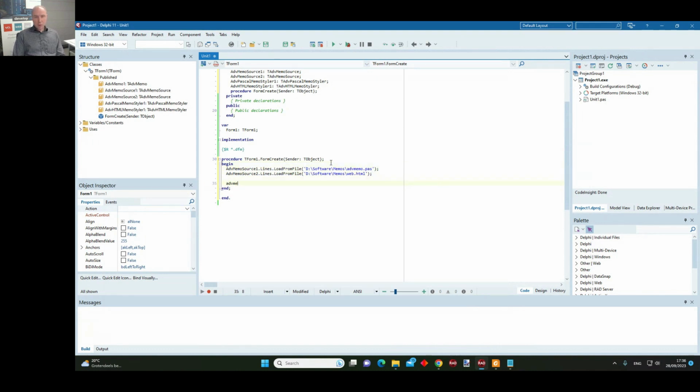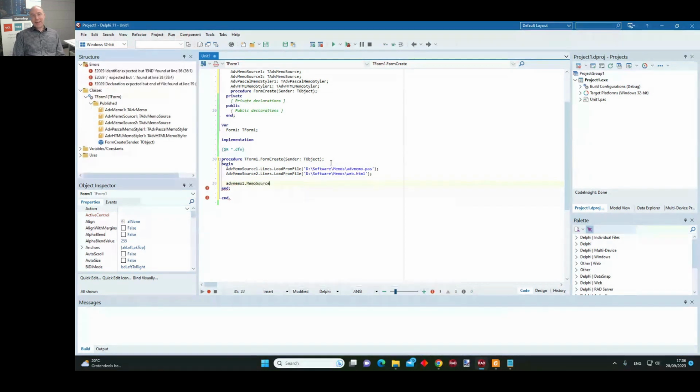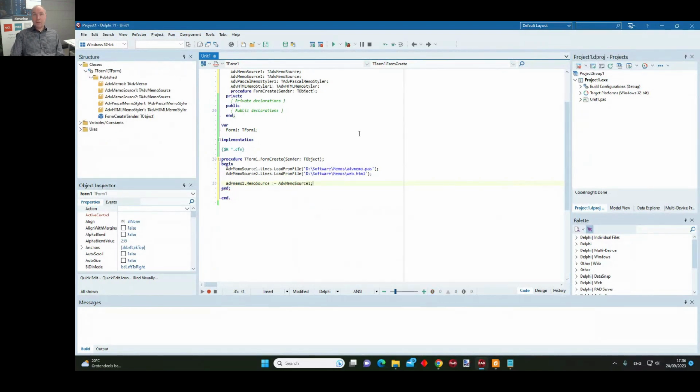What I should do, of course, to make something visible in the ADV memo, the single memo instance that I have here, is I need to assign the memo source. So I will first of all visualize the Pascal file. So let's have a look.